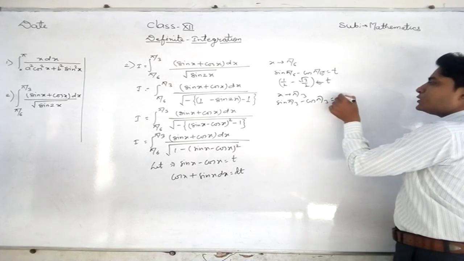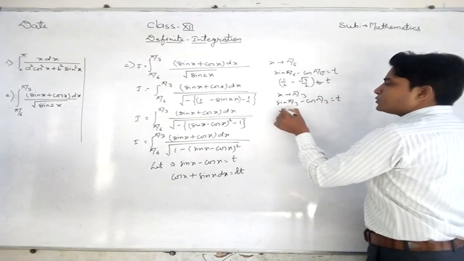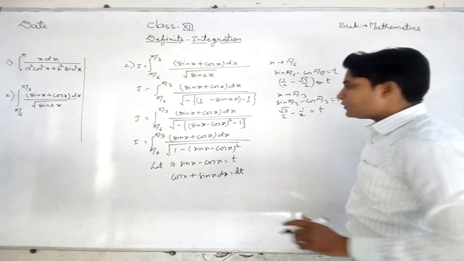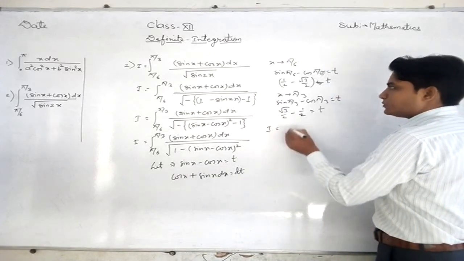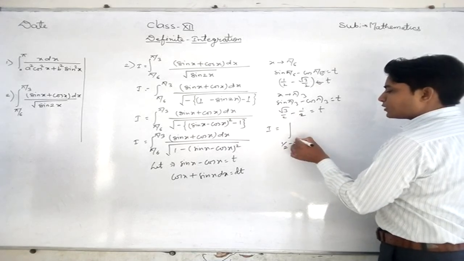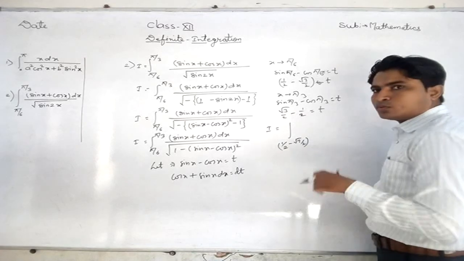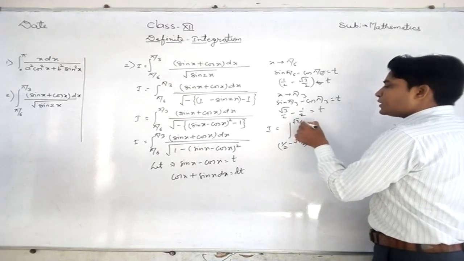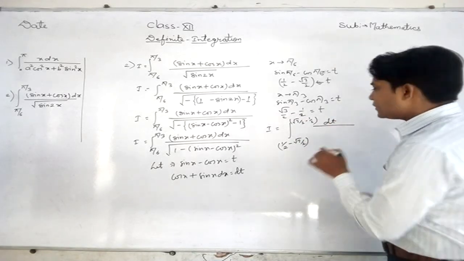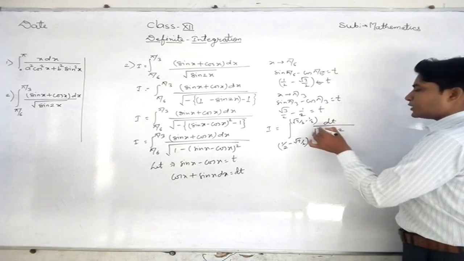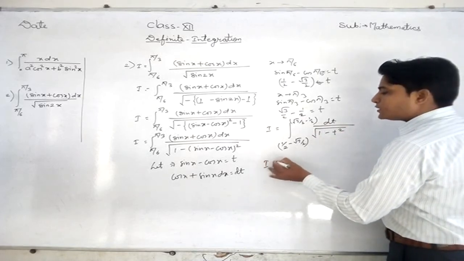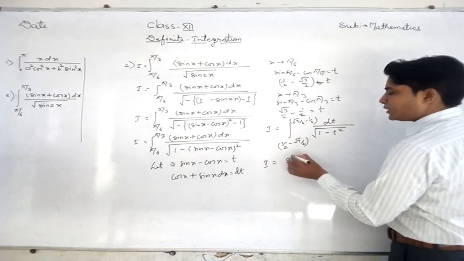And dt upon under root 1 minus t square. So what is the formula? The formula is sin inverse t, and the limit is the same, half minus root 3 by 2 and root 3 by 2 minus half. So I equal to sin inverse, first of all the upper limit root 3 by 2 minus half, and minus sin inverse half minus root